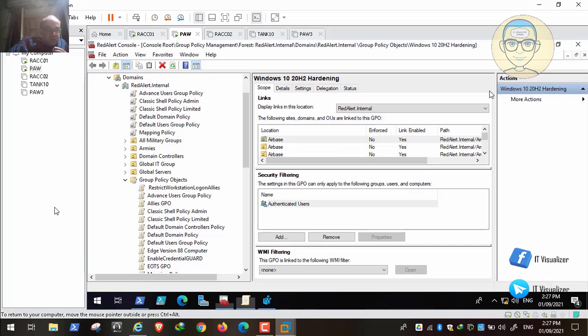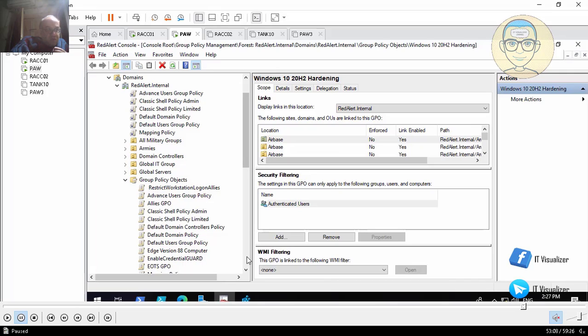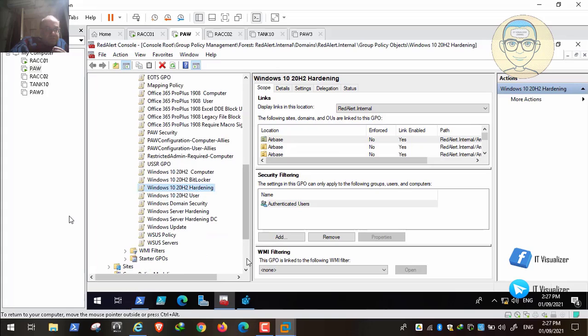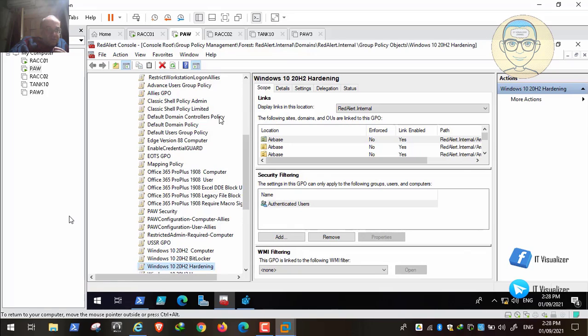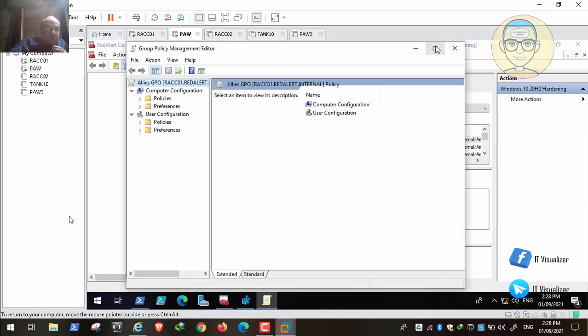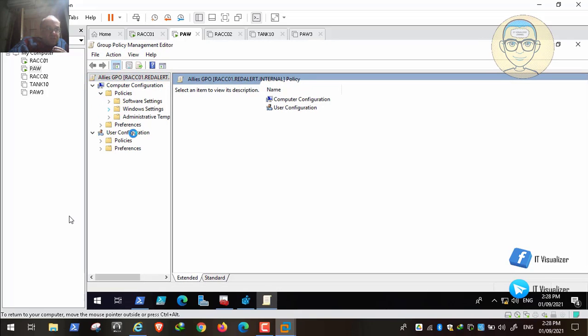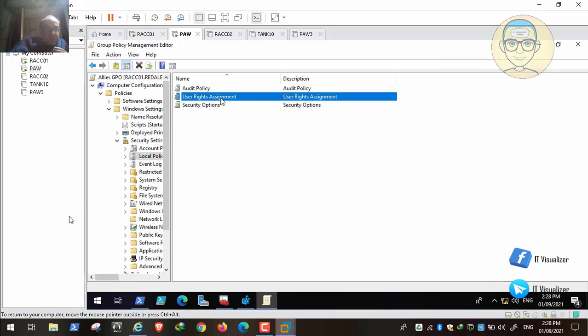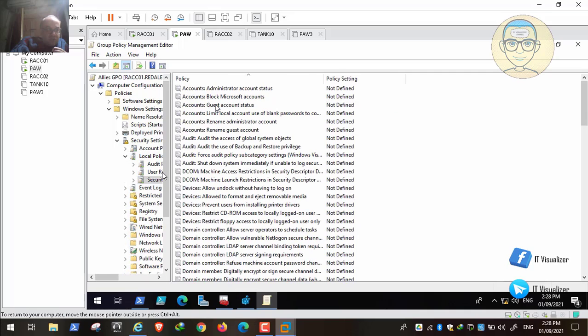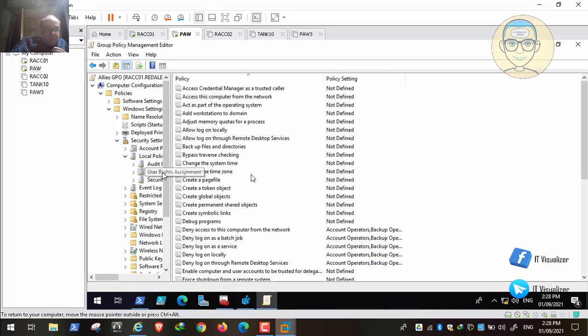So for example, let me show you. If you remember the ally group, or the ally GPO, I will show you one of the group policies that we have configured. If we go, not the PAW security, for example the ally group policy that we configured before. If we open the Windows settings, then the security settings, then the local policies, and then user rights assignments.